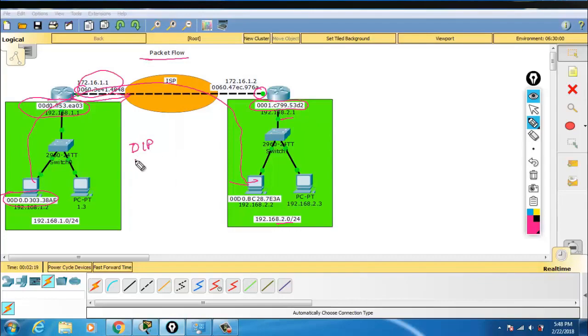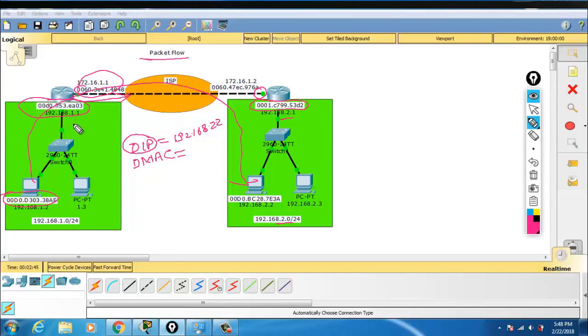The destination IP and the destination MAC address are the two addresses used in this communication. The destination IP address is going to be 192.168.2.2, which is the destination, but the destination MAC address is going to be the MAC address of your default gateway.